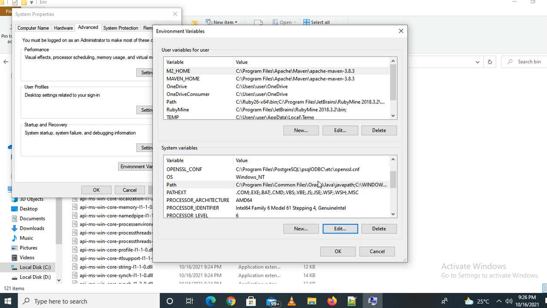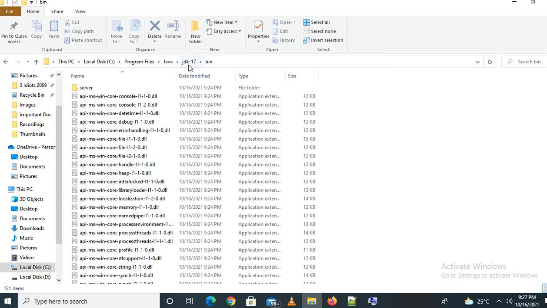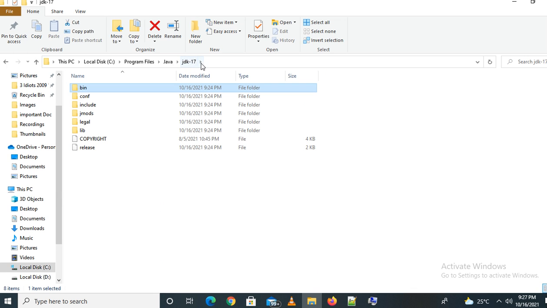Now we'll create a new system variable named JAVA_HOME. Click on New, all caps. The system variable is JAVA_HOME, and the path should be up to JDK 17.